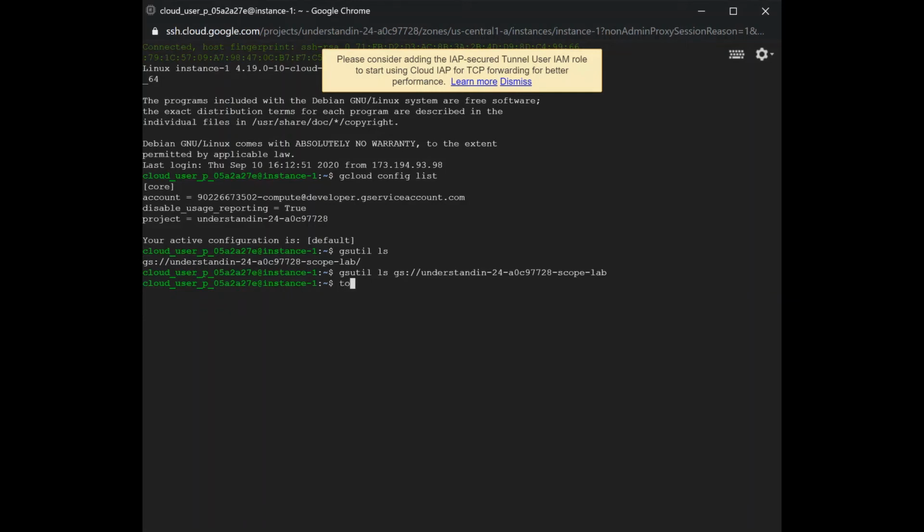Now let's create the file 1 and try to copy that file 1 into this storage. So I will just create the file 1 which should be successful. I'm creating a file 1. It is being created. But when I'm trying to copy to the storage, it will fail because it's only having the read only access. I'm talking about the instance 1. So let's write our command. What I'm going to do is copy my file 1 to my bucket and it should fail. And as we can see here, it's showing access denied exception 403.